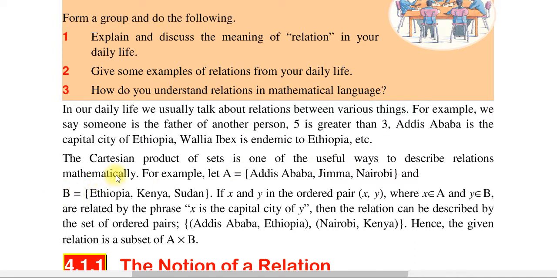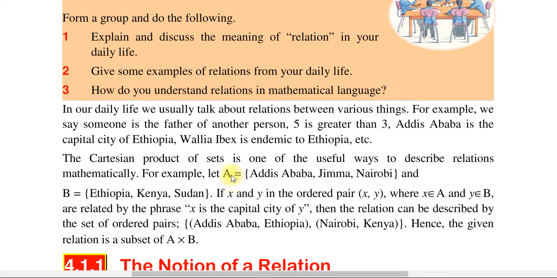The Cartesian product of sets is one of a useful way to describe a relation mathematically. Okay? For example, let set A is the set of Addis Ababa, Jimma, Nairobi, and set B is the set of Ethiopia, Kenya, Sudan. If x and y is the order pair xy, where x is an element of A and y is an element of B, are related by the phrase x is a capital city of y ብለን ሪሌት ብናደርጋቸው ሁለቱን ሴቶች